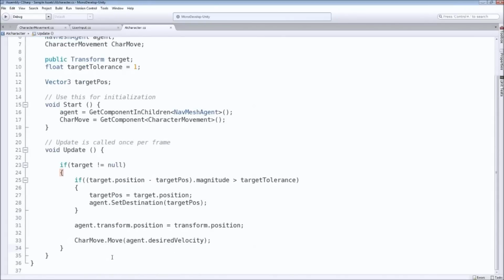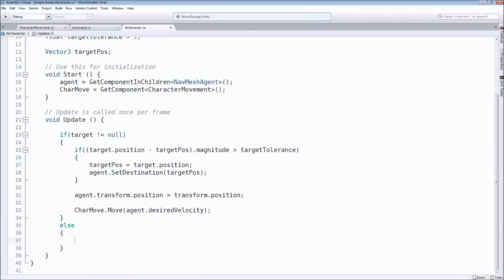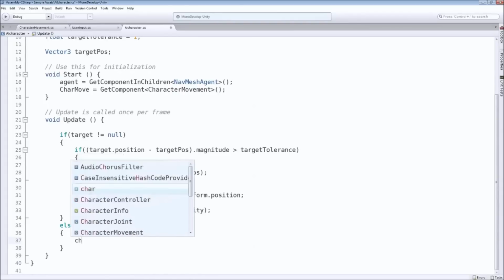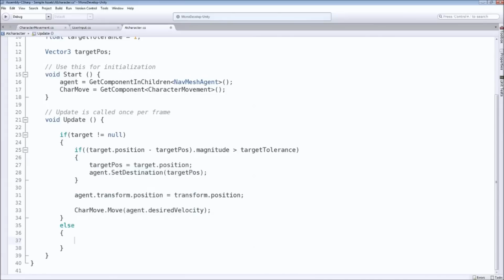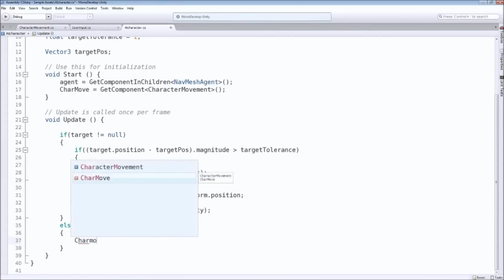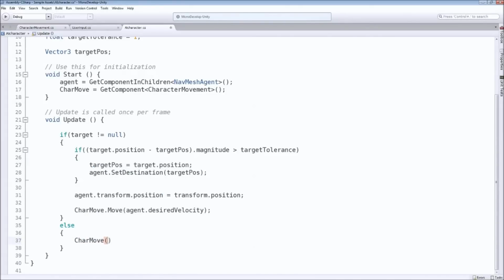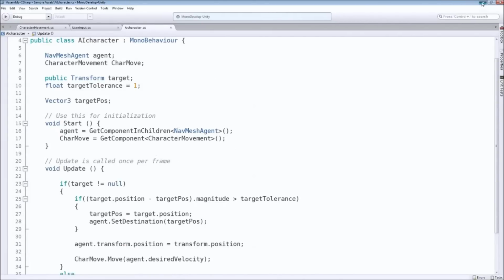Okay, so we will add an else here. If we don't have a target, we still need to pass values to our character move function, but we will just pass 0 values. Okay, so with this, if we save,